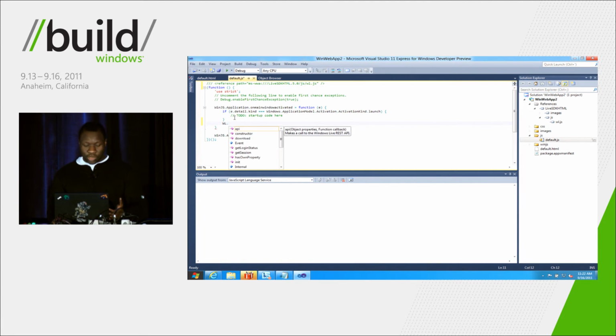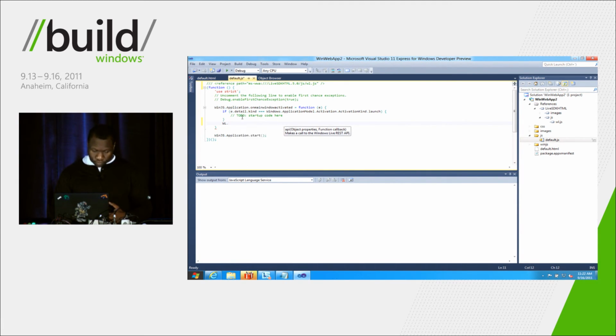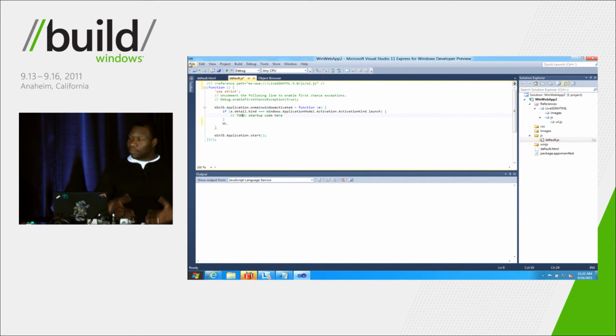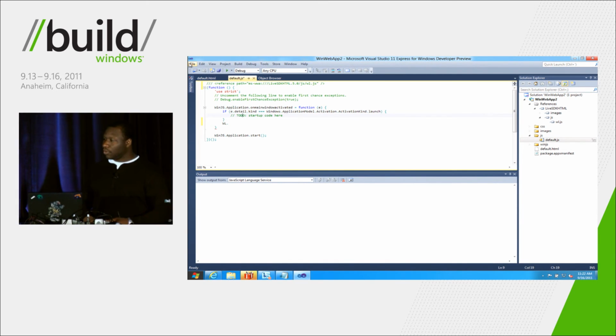And as I mentioned, the WL object has all the key functions for authenticating the user, login, getting the user's login status, as well as making API calls via the API method. And that's a quick overview of what it's like to leverage the Live SDK in your JavaScript projects.